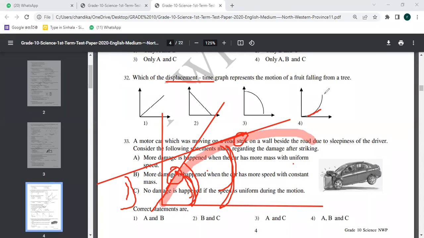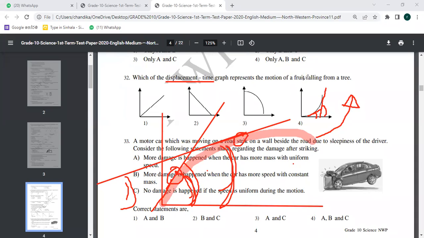We draw a line here. We measure the angle. We draw another line here. We measure the angle. Angle is increasing, no? Angle is increasing. Angle means gradient. If the gradient is increasing, velocity is increasing. When a fruit is falling down,